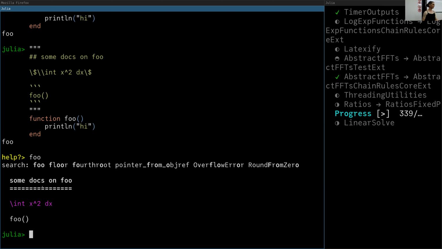yeah, if you render this documentation out with something like Documenter.jl, which is for generating documentation, then it should actually render this nicely rather than just as text. But I've got a limited kind of system here with the REPL, so